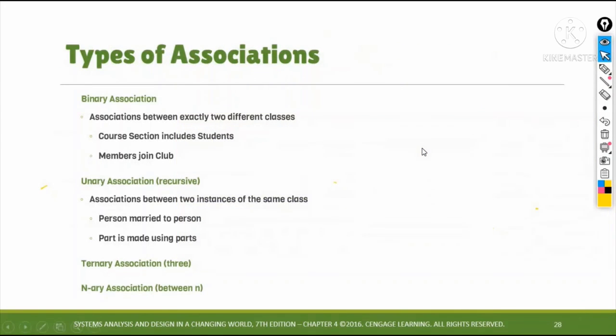Okay, so an association can also be among three different types of things, when it is called a ternary association. Or among any number of different types of things. So it is called an n-ary association. So n could be any number. It could be 4,